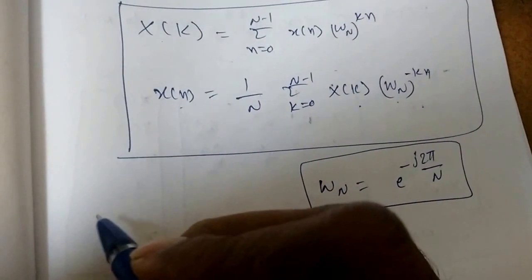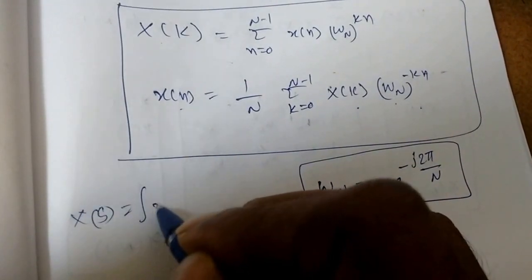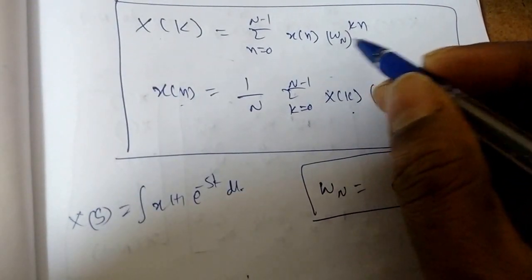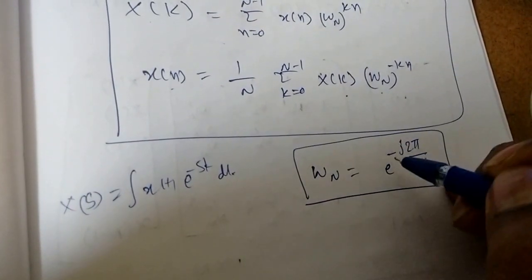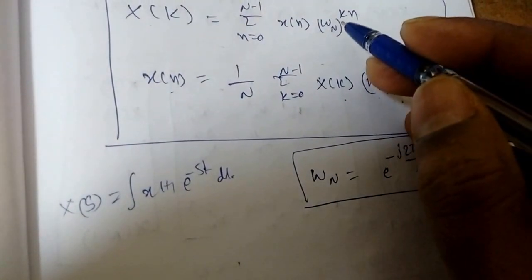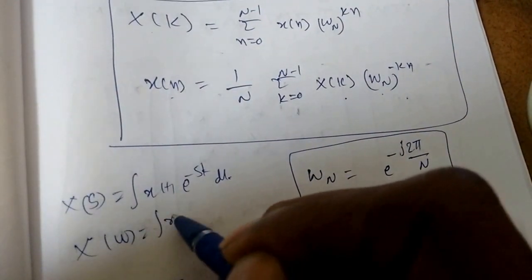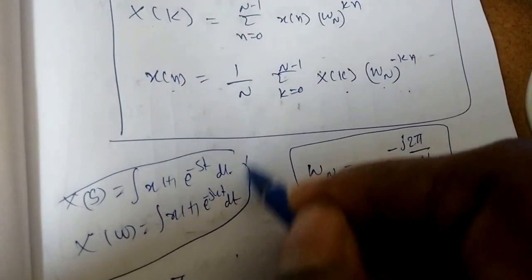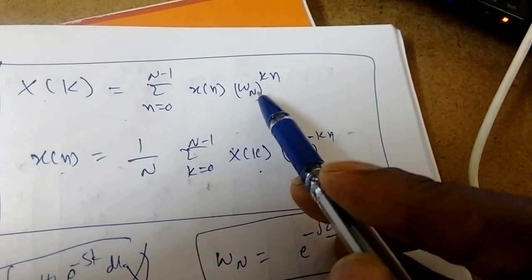If we compare with Laplace, z or whatever, X of s was the integration of x of t e power minus st dt. But here it's a plus. In those it can also be minus, but here we have already used that minus. That's why here we got plus and here we got minus. And for X of omega also, it is x of t e power minus j omega t dt. So don't confuse with that. Remember, in the DFT the first will be negative and the inverse will be positive.